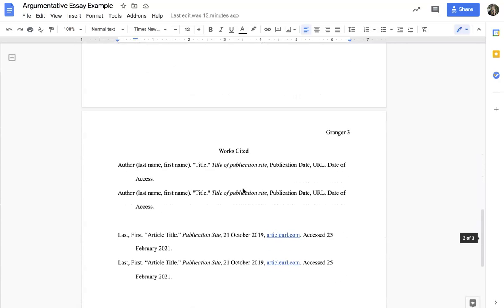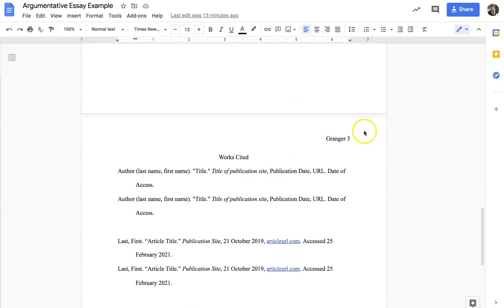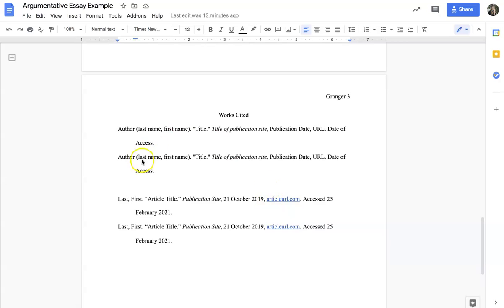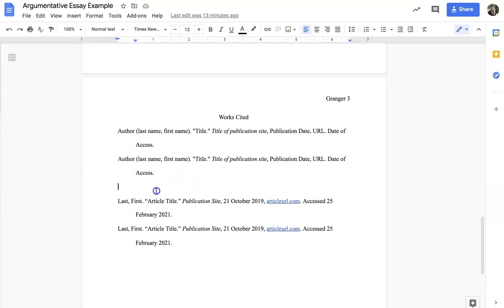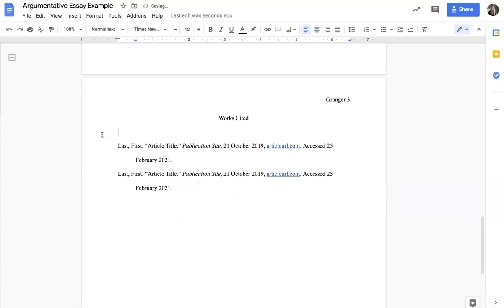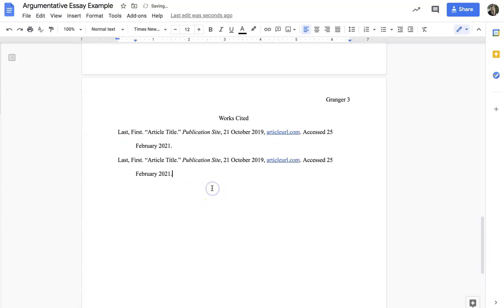Our last step is our works cited. So we should still have our running head, which has our last name and the page number. And then I have given some examples, some kind of formats for you to use for your works cited. This is the one that I originally had, but I don't like it quite as much, especially considering I'm able to explain right now. So I'm going to delete those, and I'm going to use these ones instead. In this case, I am actually replacing the information with examples of the information. So it's a little bit different of a format,